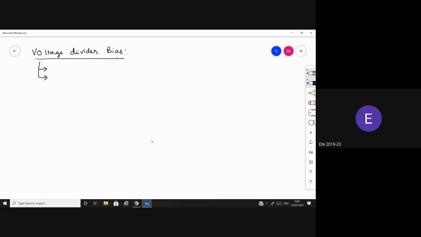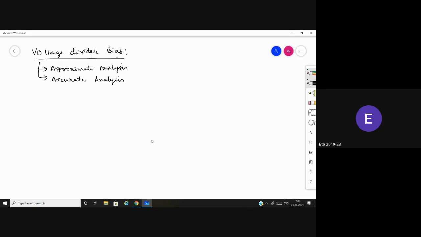In exam, they can ask any of the two methods, and even in the problems, based upon some conditions, which I will discuss later while doing problems, we have to check the condition. If that condition is satisfied, we can go for one kind of analysis. If that condition is not satisfied, we go for another type of analysis. So here we are having two types of analysis, as I told. One is the approximate analysis, and the other one is accurate analysis.